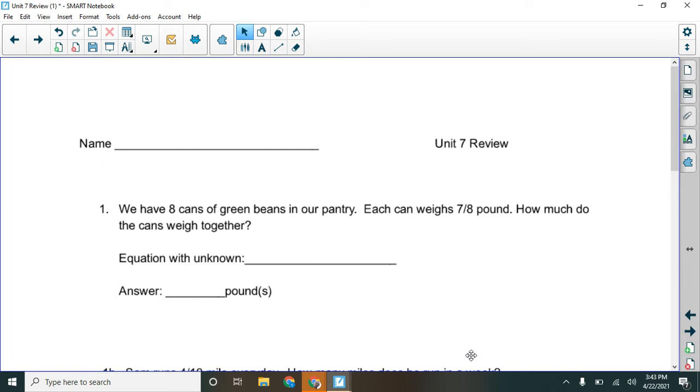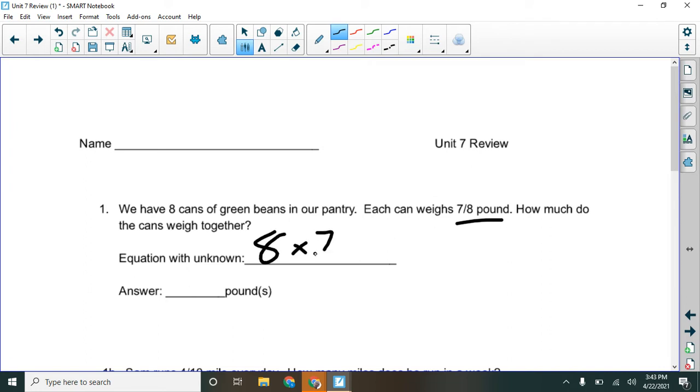Let's roll through this. We have 8 cans of green beans in our pantry. Each can weighs 7/8 of a pound. How much do the cans weigh together? So let's get an equation with an unknown, meaning don't put the answer here yet. Give me the equation we would use to solve that. Okay, right? This is 8 groups of 7/8, right? This is equal groups. So we're going to have 8 times 7/8